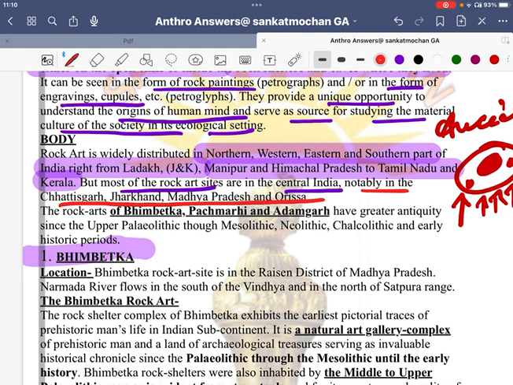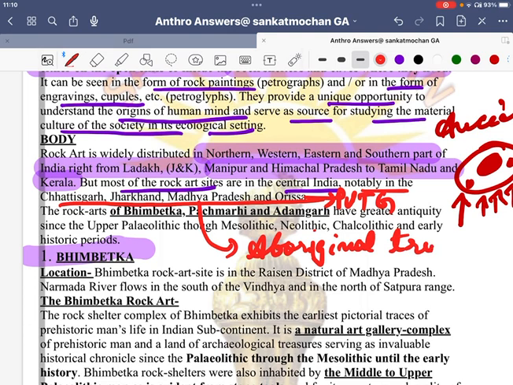Why this? Guys, think about it. Most of the PVTGs are in Odisha. Is it? Most of the PVTG tribes are in Odisha and Aboriginal. What do you mean by Aboriginal tribe? This is what you have to write in the comments. If you understand this word, Aboriginal tribe, you will know why we find most of the rock art sites in central India. Fine.